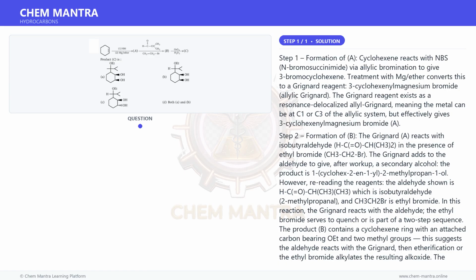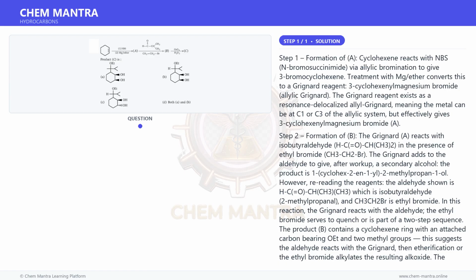Step 2. Formation of B. The Grignard, A, reacts with isobutyraldehyde, HC=O, CH, CH3, 2, in the presence of ethyl bromide, CH3CH2Br. The Grignard adds to the aldehyde to give, after workup, a secondary alcohol. The product is 1-cyclohex-2-en-1-yl-2-methylpropan-1-ol. However, rereading the reagents, the aldehyde shown is HC=O, CH, CH3, CH3, which is isobutyraldehyde,